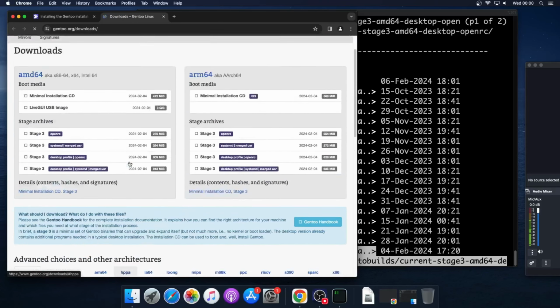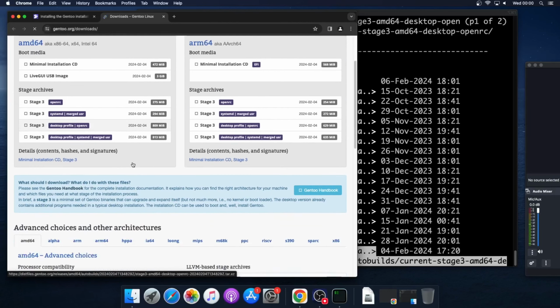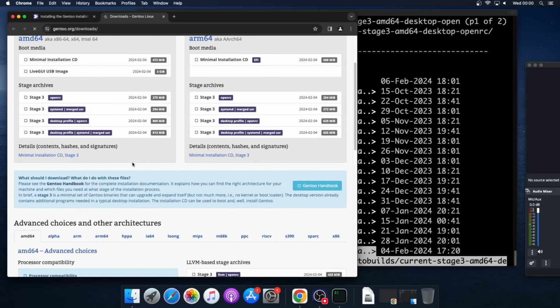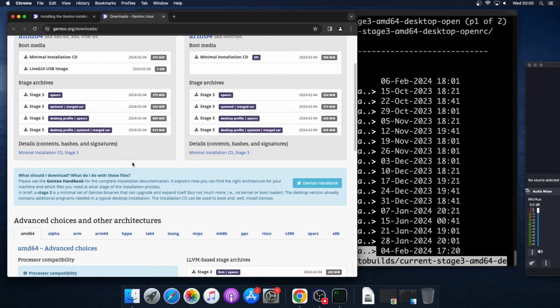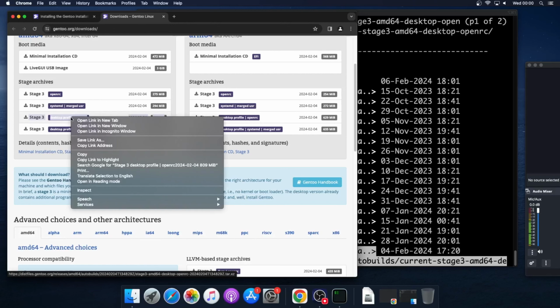Let's go, where are the mirrors? Anyway, it's this file, so the desktop profile OpenRC. So let me copy the link, copy link address,